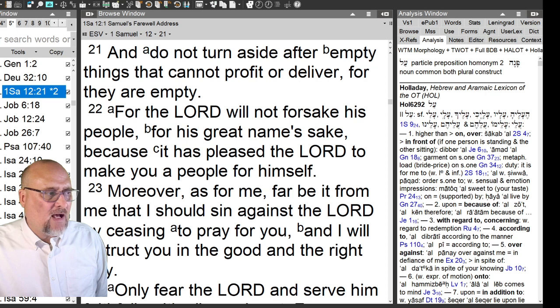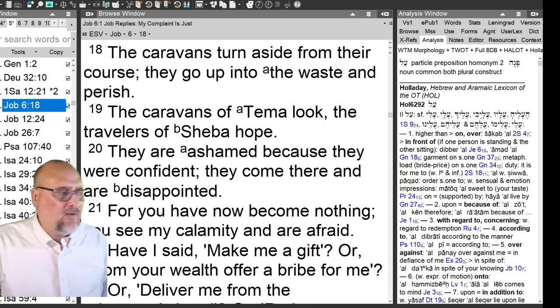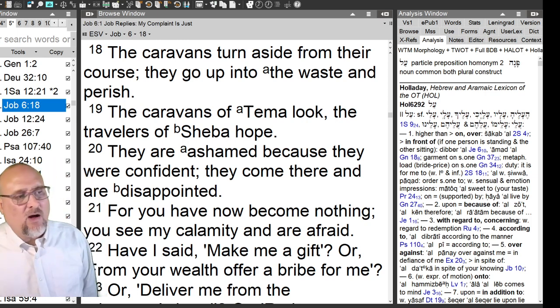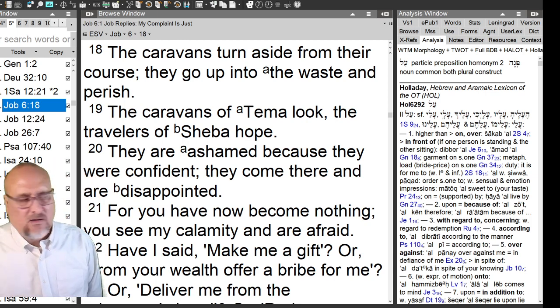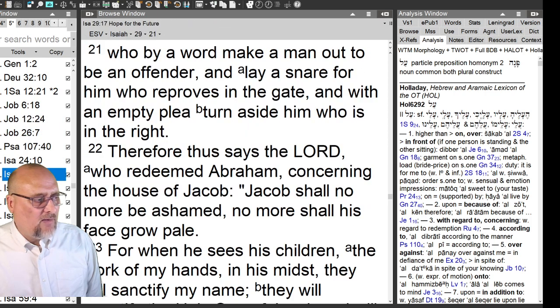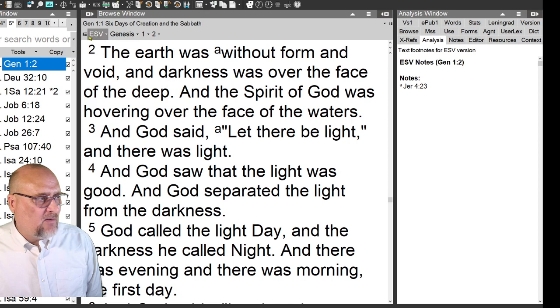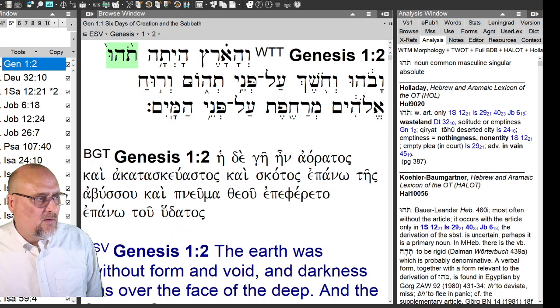Do not turn aside after empty things. Caravans turn aside from their course. They go up to the waste. All these are bad descriptions, right? And if we did the same thing with bohu,